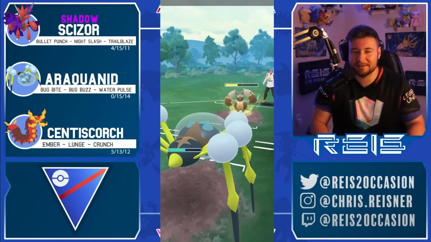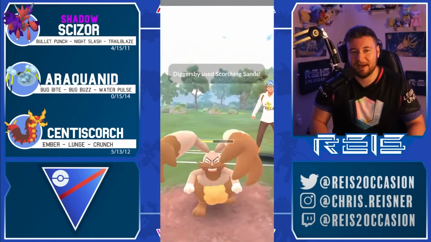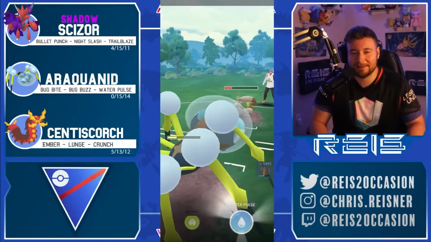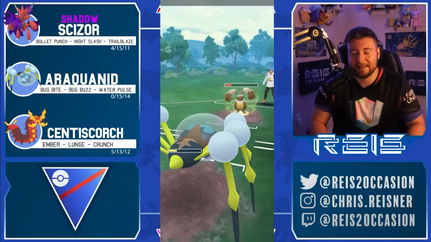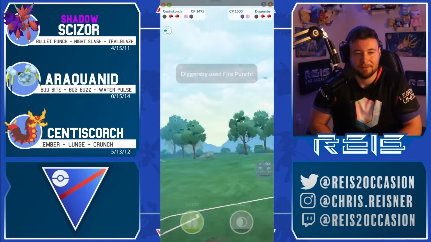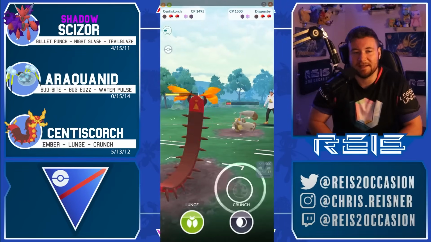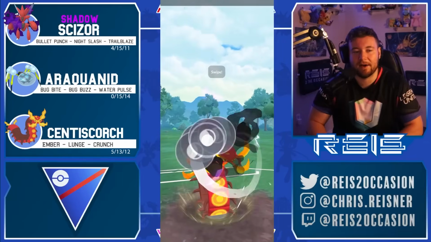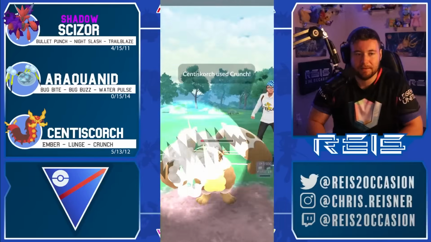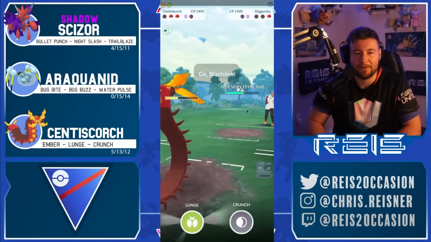Diggersby would not have minded the Centiscorch. Would not have minded it at all. They're going for Scorching Sands as well. I guess their Blastoise is really valuable here. So, but look at this. Going to surrender a big farm down now. You're going to get off a lunge against Blastoise. So this may come down to whether...